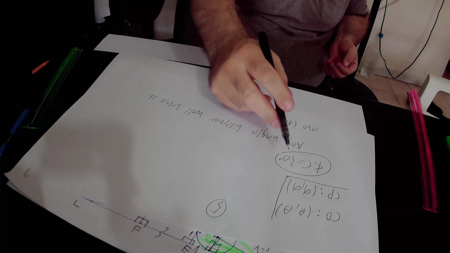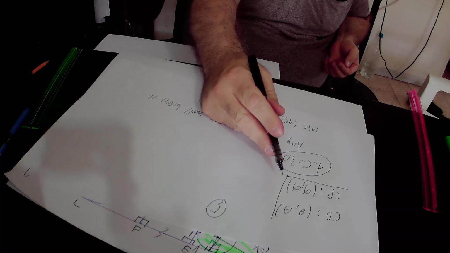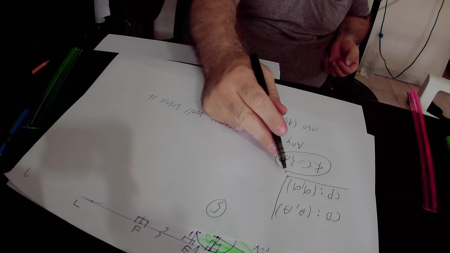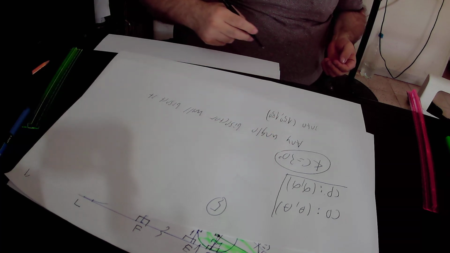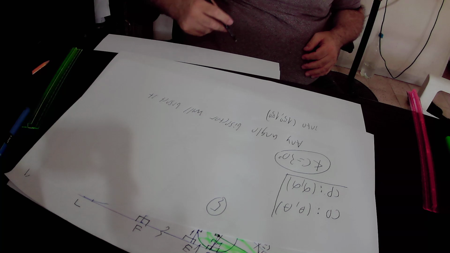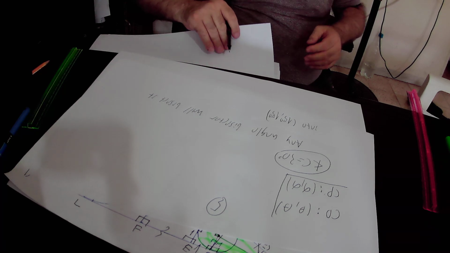But here we have two different halves into which angle C would be bisected. And it is impossible, so we have a contradiction, and due to the contradiction,